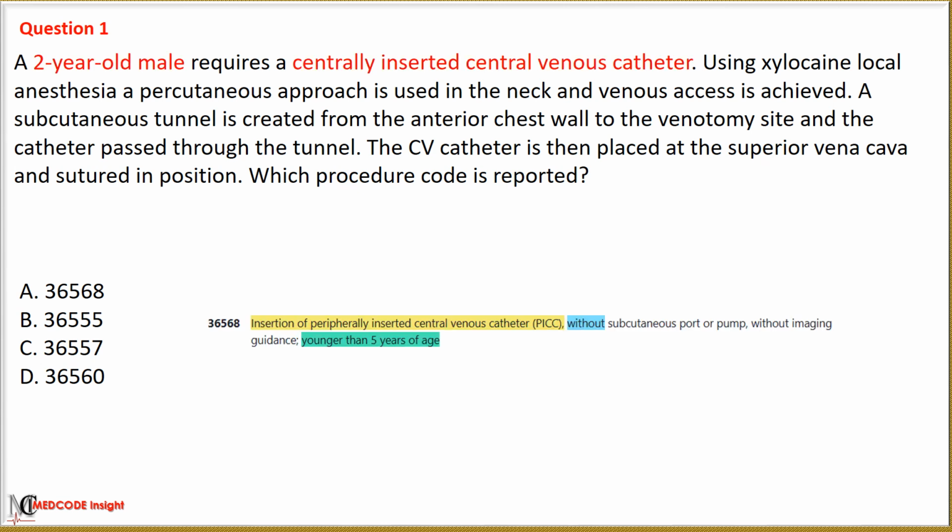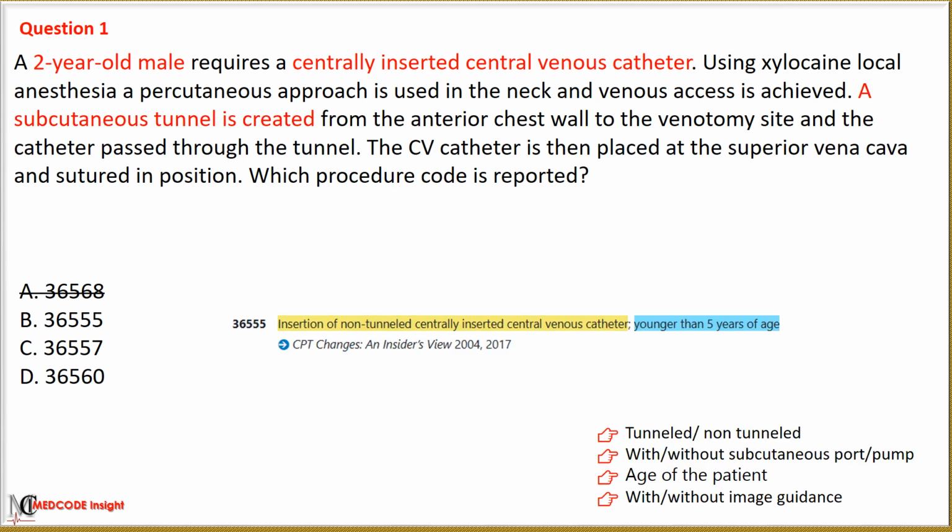36560. To solve the central venous access procedure, we first find how the catheter was inserted. As in the scenario the catheter was centrally inserted, we first eliminate option A with code 36568, used for insertion of peripherally inserted catheter. In all remaining options, all codes are used for centrally inserted central venous catheter.